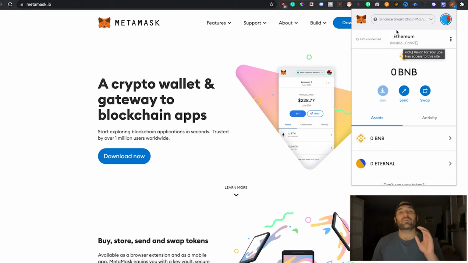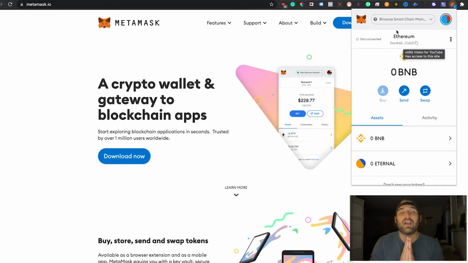And guys, let me put something out there: when you open and start your MetaMask, please always save your seed phrase. Your seed phrase is the only way you can get back into your wallet if you forget your password. It is your extra password, your second authenticator of how to get into your wallet. So do not lose your seed phrase. Write it down, put it in a safe place, take a picture of it and put it in a safe place. No matter what, you don't want anyone to ever access it,